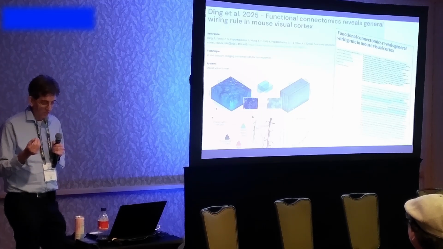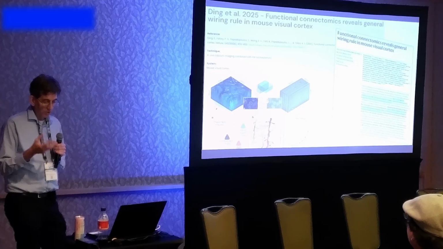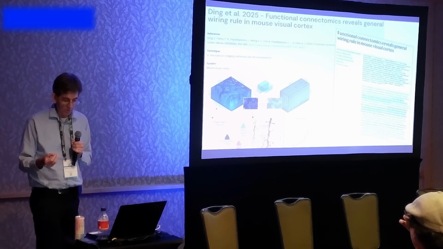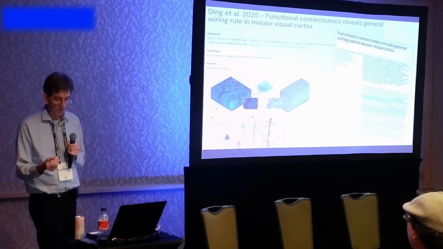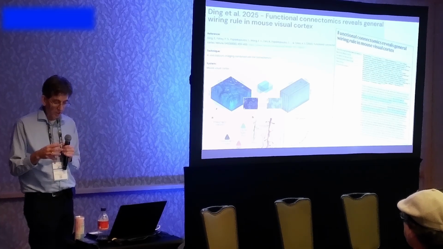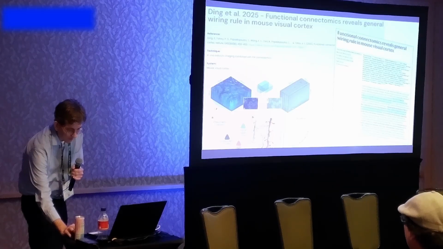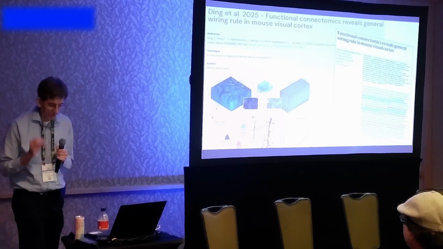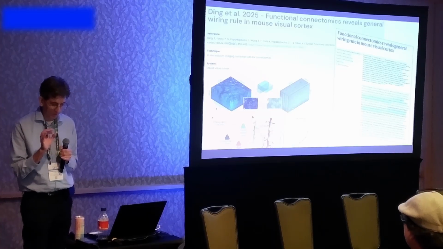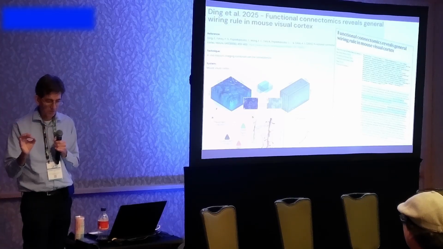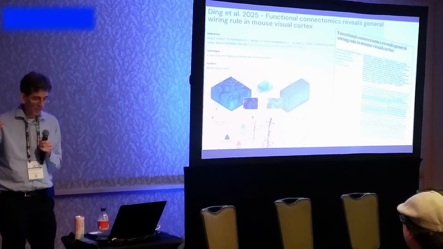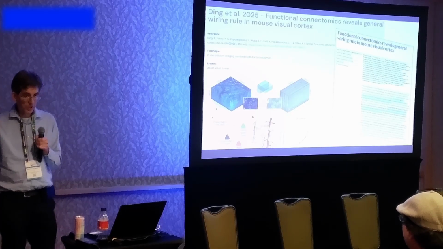And this allowed the authors to ask questions like, are the neurons that respond to similar visual features more likely to be synaptically connected or not? And the authors employed some really novel analysis techniques, or at least we did not see them in other papers at this level. They quantified the distance each axon travels in close proximity to a dendrite. And this allowed them to normalize the actual synaptic density between any two cells.